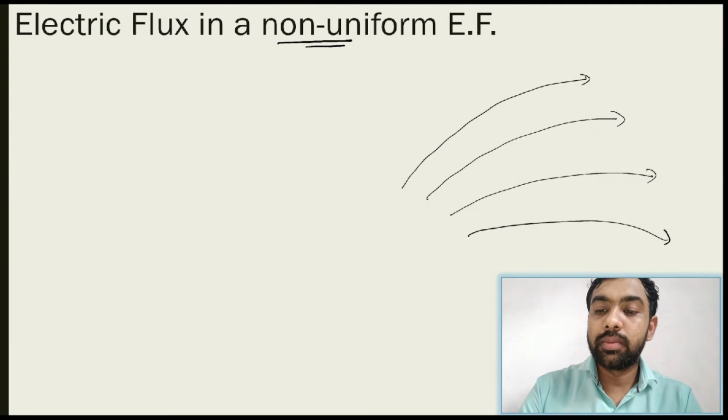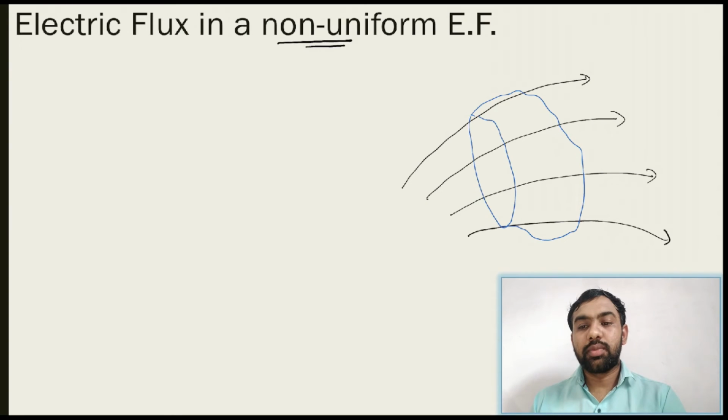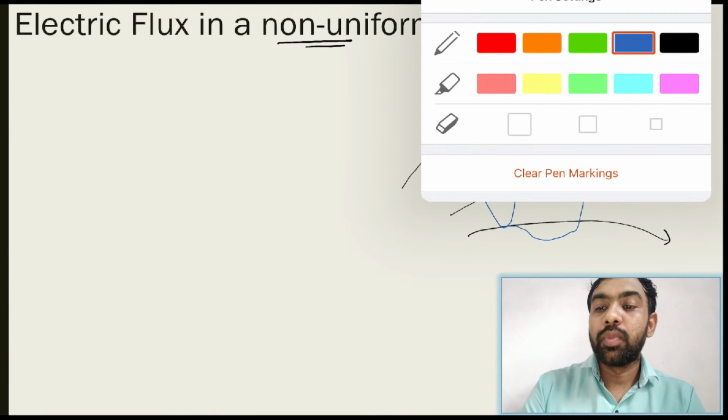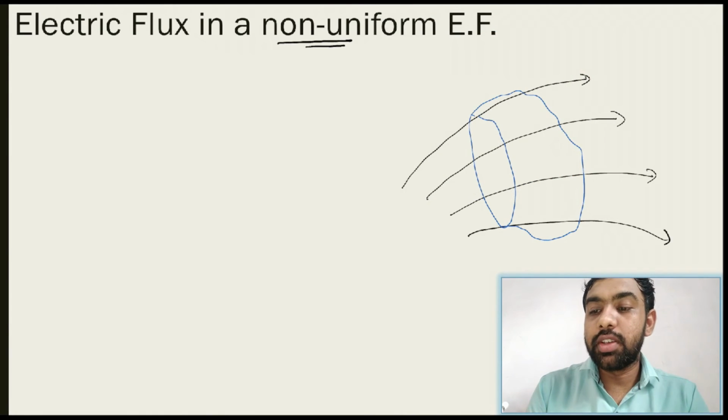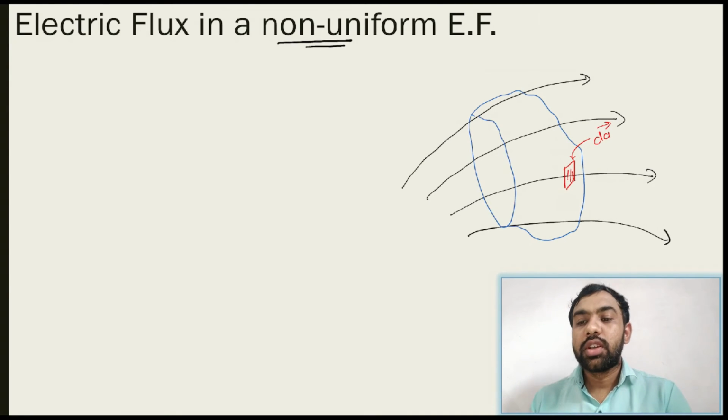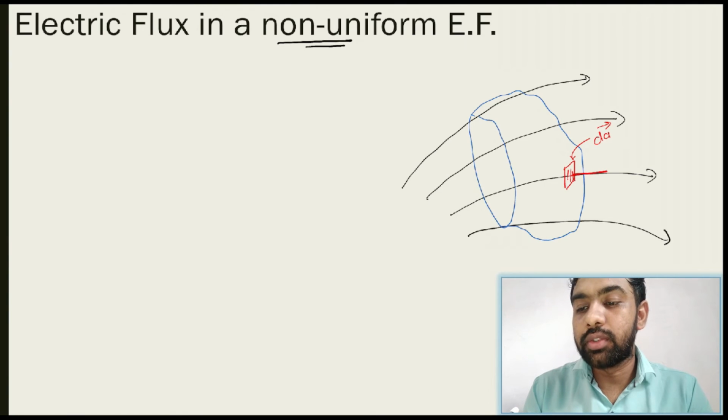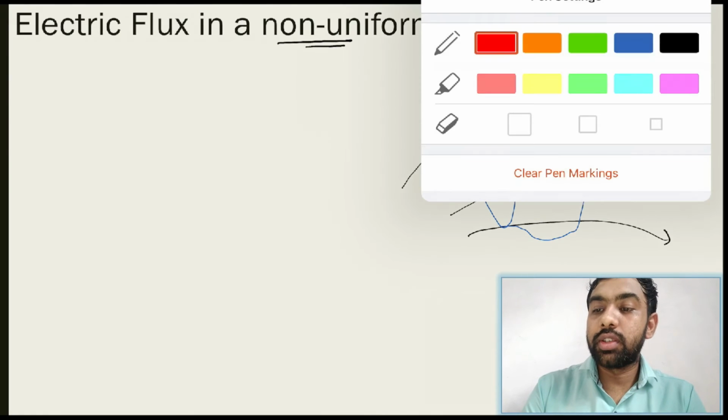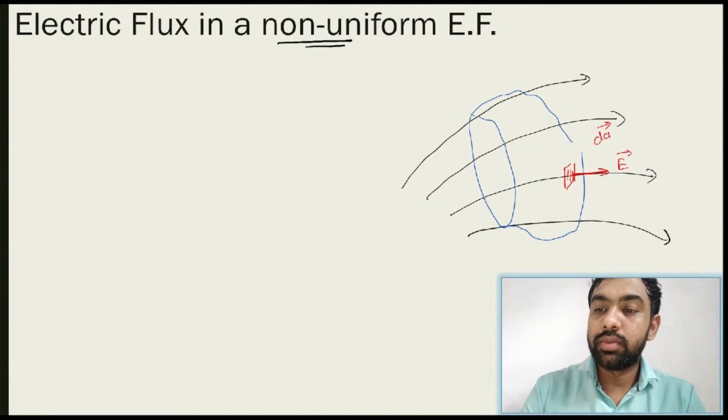Consider any surface like this. So this is the one surface, and we are finding the electric flux passing through the surface. Then how do we get it? You just apply some concepts here. Consider a small area dA or dS, whatever. Its area is dA, and the electric field is this one, E. Okay, let's also use the direction of dA.